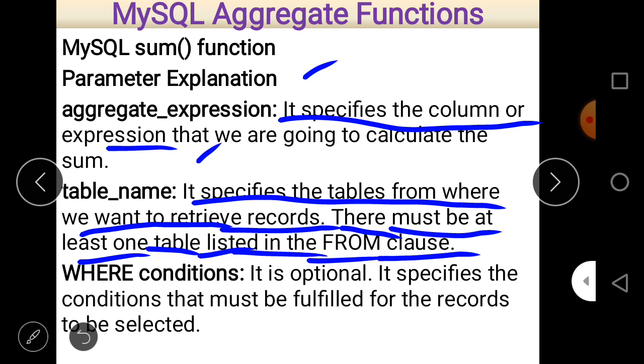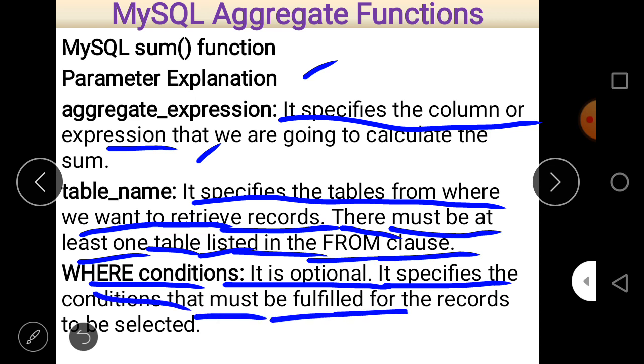And third is the where clause. It is optional, as I told you earlier, and it specifies the condition that must be fulfilled for the records to be selected. These are some parameters of the sum function.